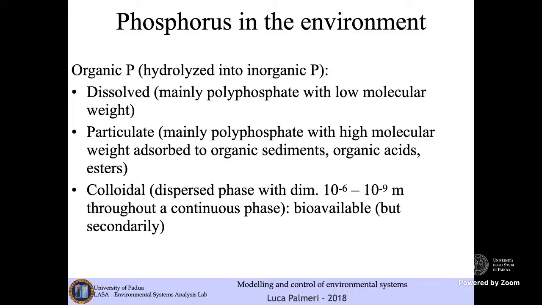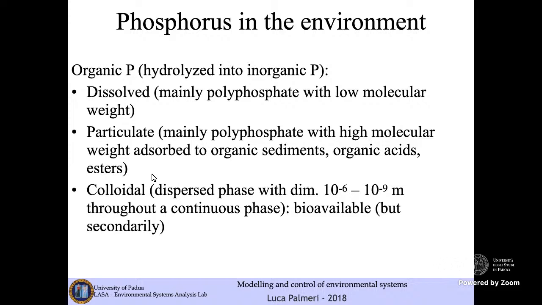This is the particulate part, so this is the most significant process that moves phosphorus, the solid transport. Then you have to take into consideration also colloidal forms, which may be dispersed phases with dimensions in the range 10^-6 to 10^-9 meters, so microns to tens of angstroms,